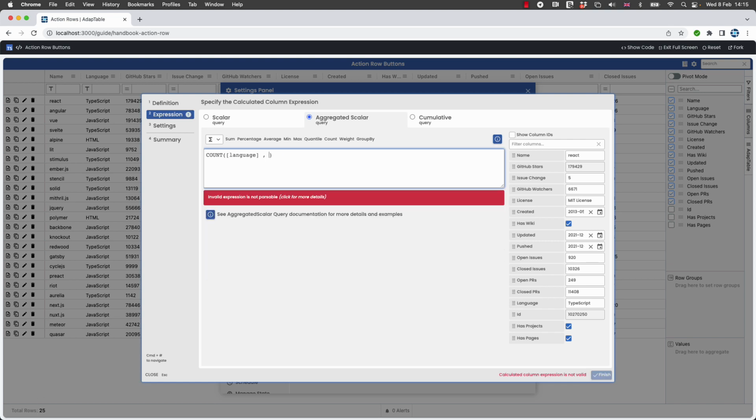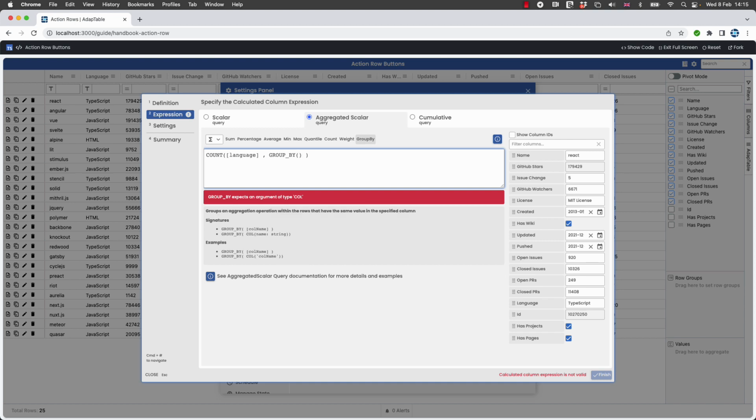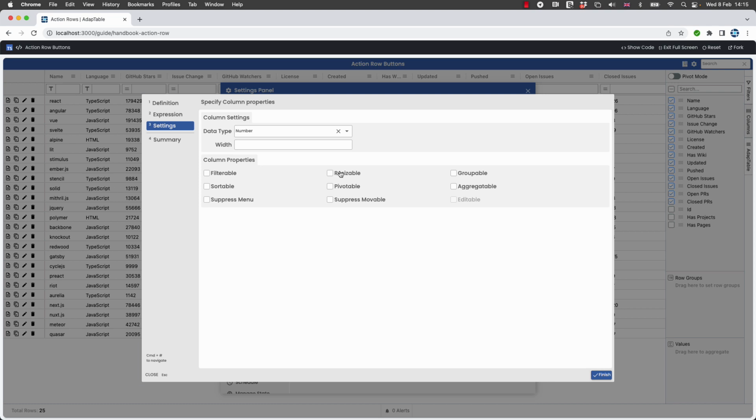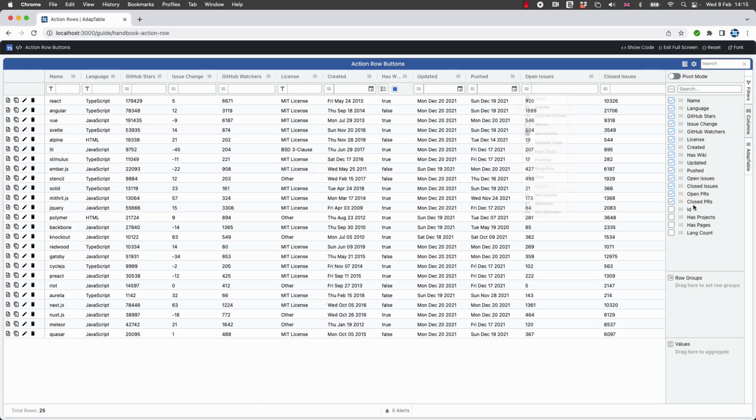So we need to finesse this by adding a group by, and we're actually going to group by language itself, because essentially we were therefore saying for each row, tell me how many other items there are in a language column which have this language value. Let's make that resizable in case we need to change it, and you can see AdapTable knows that it's a number. So now if we finish, we've created our calculated column here,